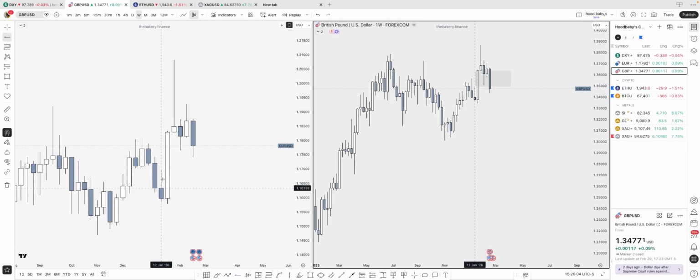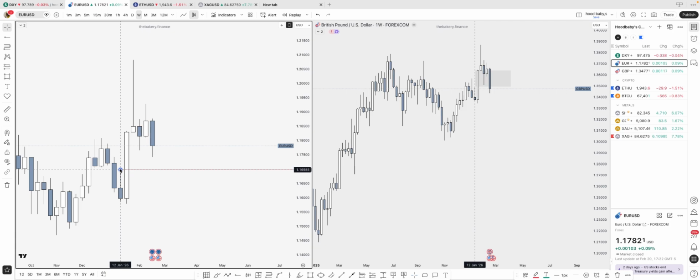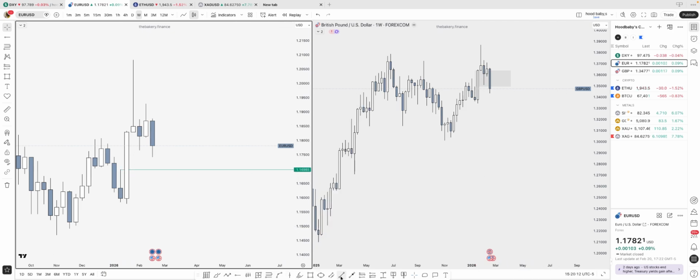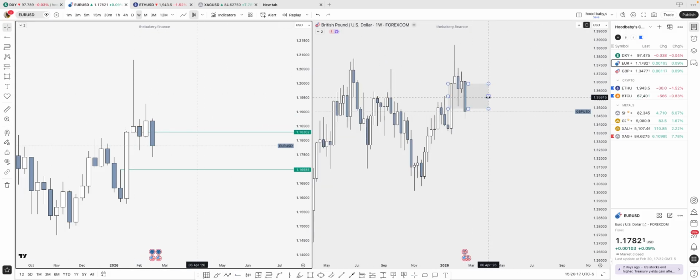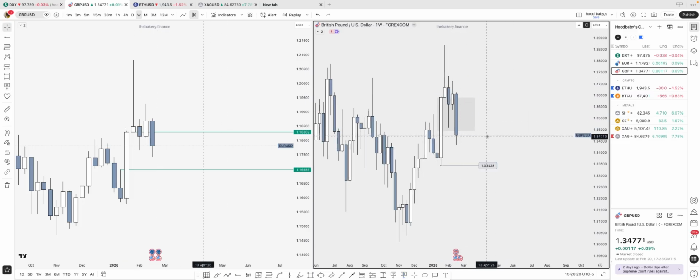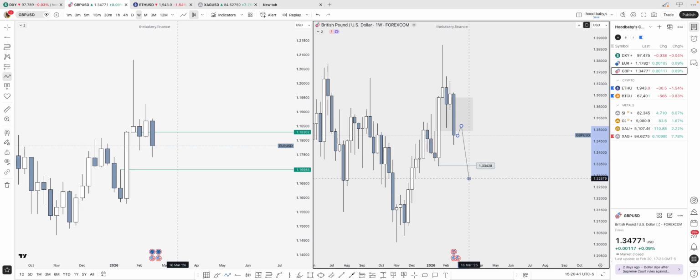So I'll mark out the low of the fair value gap, which is this. The low. This is the fair value gap it is currently trading into. This is the one we've inversed here. And my target will be this point for GU. The 1.33428 level was my target. So I want to utilize the area, the weekly fair value gap. I'm expecting the next week candlestick to trade into this a little bit, then expand lower.